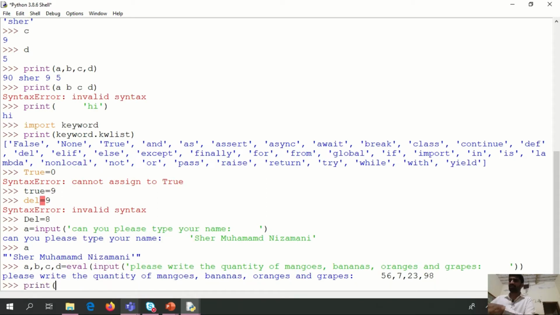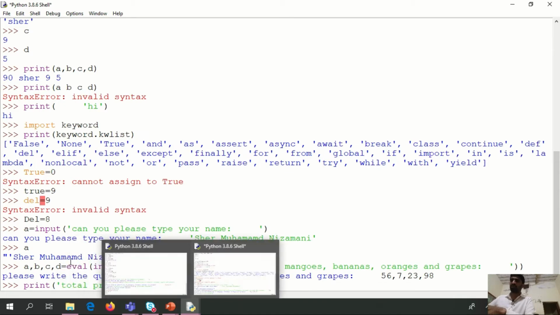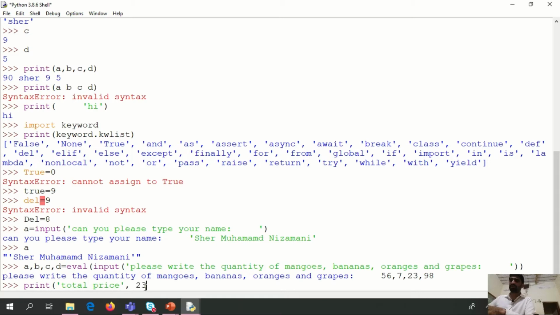And now, for instance, I say print total price, and let's suppose I'm multiplying 23 with a. So 56 is the quantity of mangoes, and 23 is the price for one mango, and I'm adding 45 for b, 67 for c, and 98 for d, in Pakistani rupees.